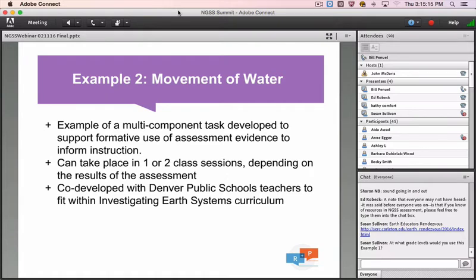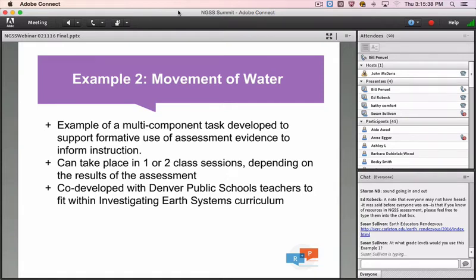Both of these are middle school examples that I give, so they're both for 6th grade. And they're aligned relatively well to the NGSS. I would say the previous item is sort of in between the middle and the high school standards as NGSS is written, though this is aligned to the curriculum that we developed.